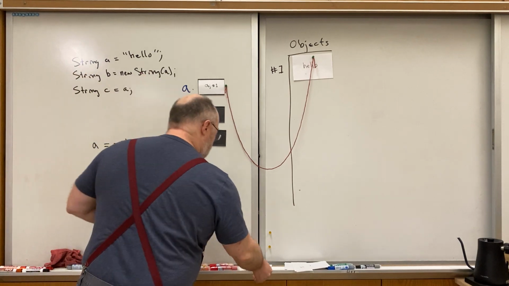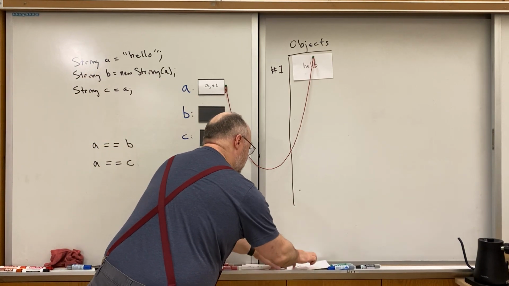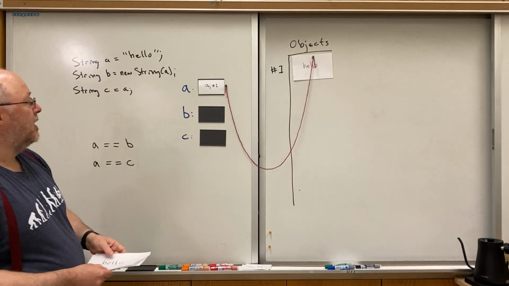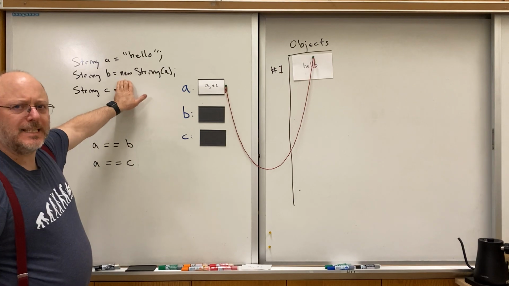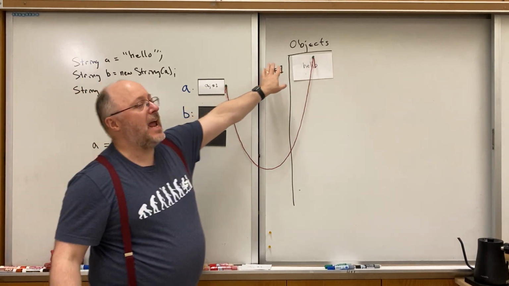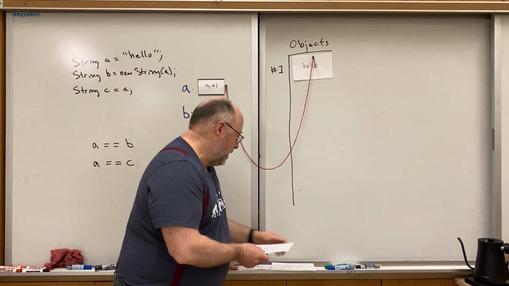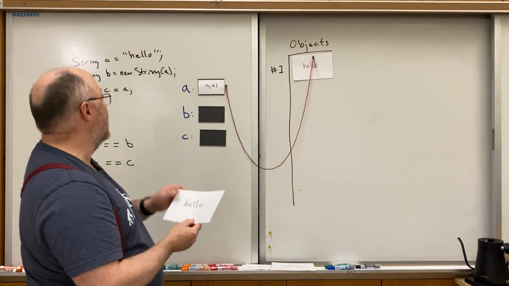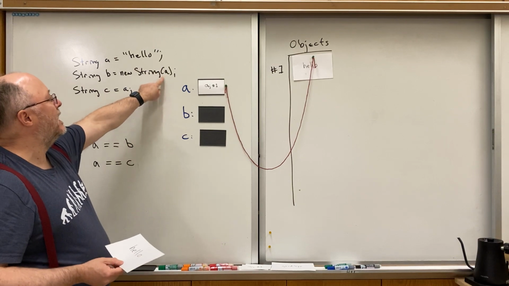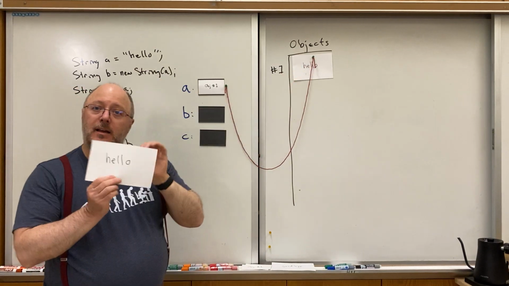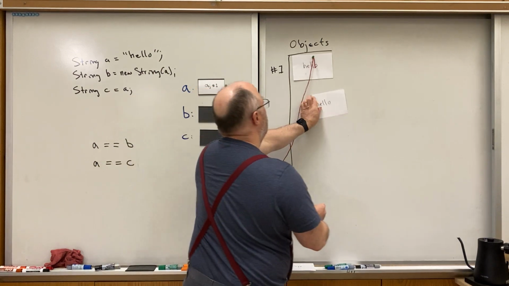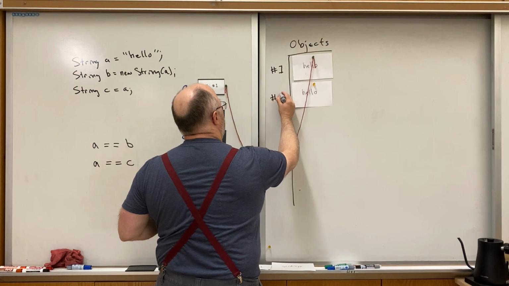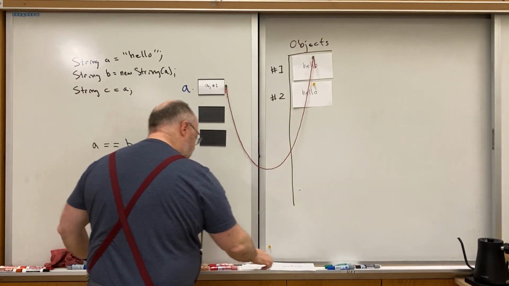So then, when we execute the line string B equals new string, new means what it says. It's a new string. It can't be any existing string. So we're guaranteed to get a new string. This one happens to have the same text. In fact, it took the text, went and made a copy of that text, and now I have a new string that I want to stick in my object table, and I'll call that object number 2,